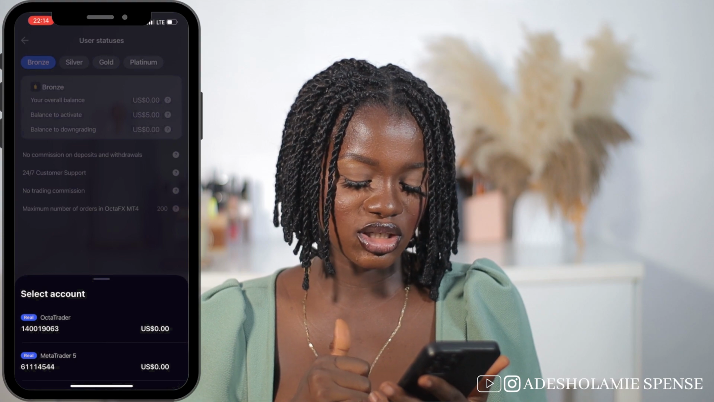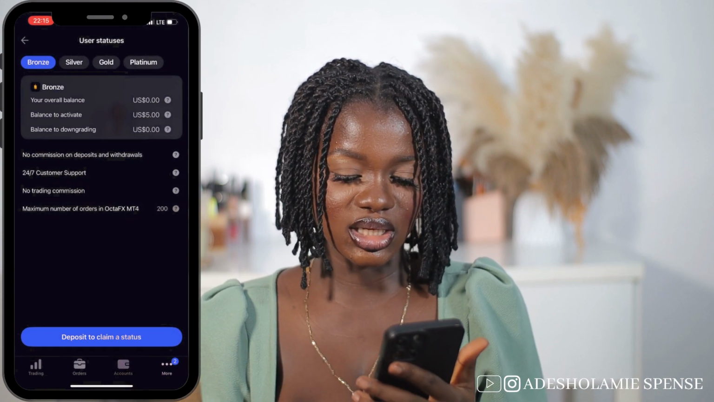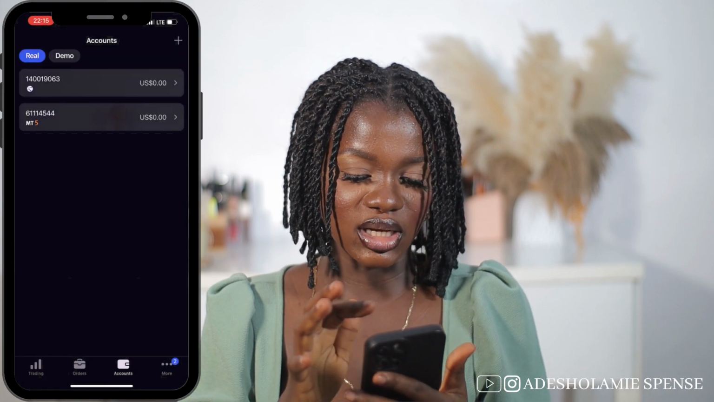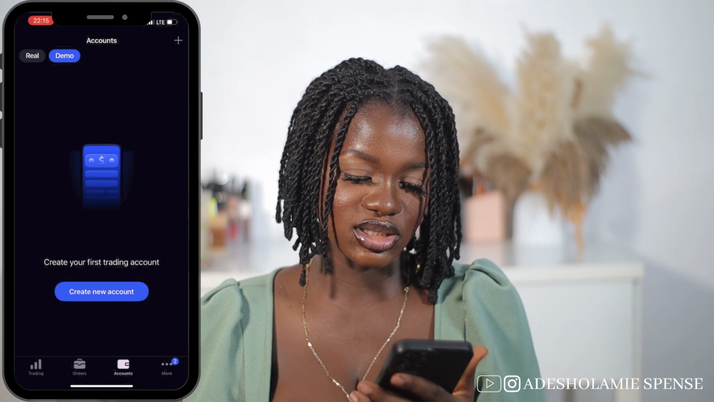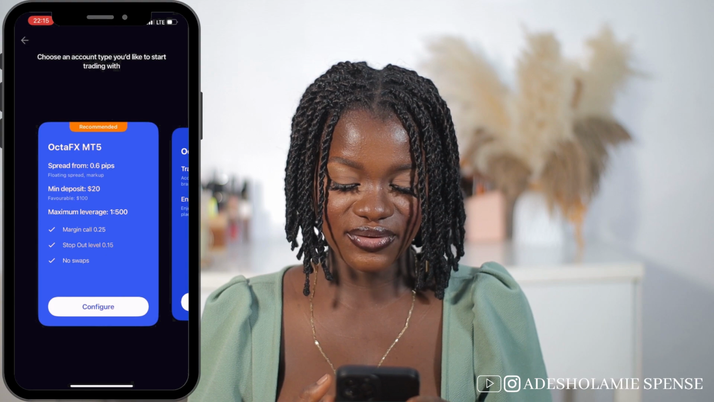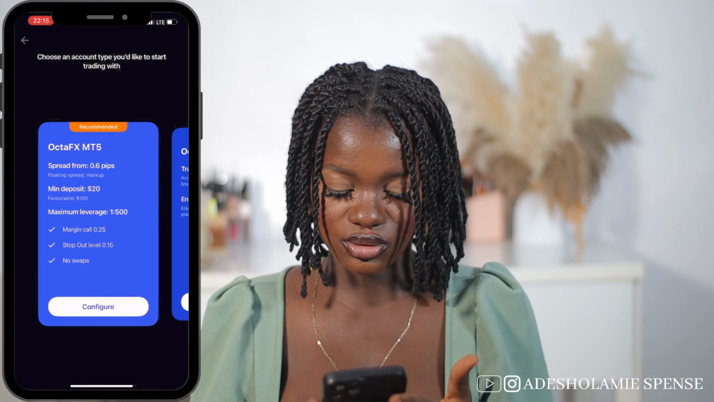So I have an Octa Trader account and I have a MetaTrader 5 account. Interesting. Let's see what else we have here. Okay, let's go to their demo. Create a new account. This is going to be like a demo account right here. So we have the OctaFX MT5 Octa Trader. Okay, let's see configure